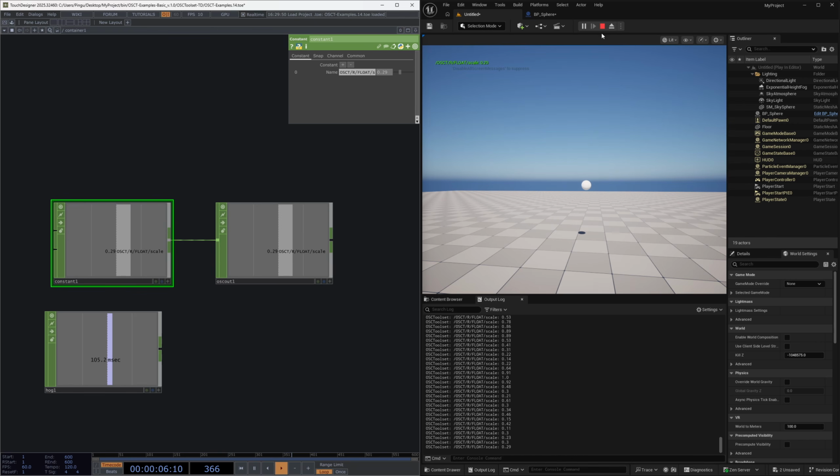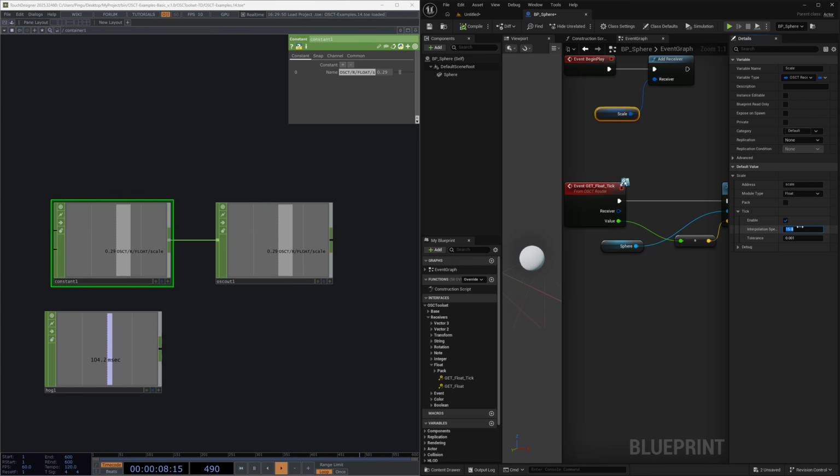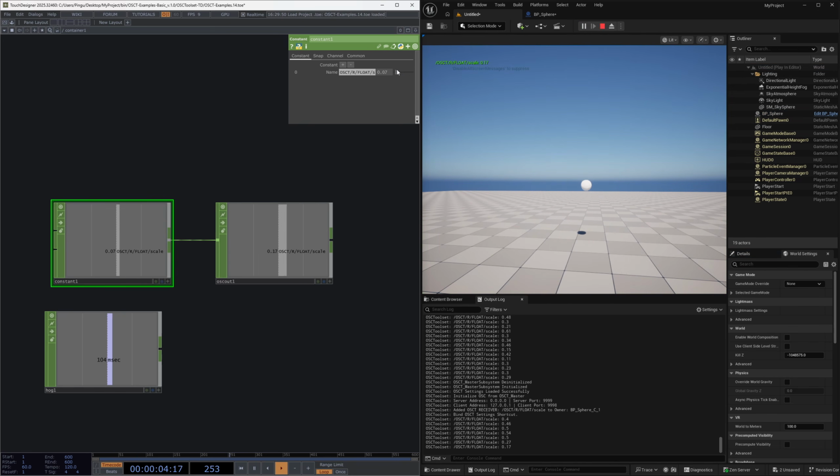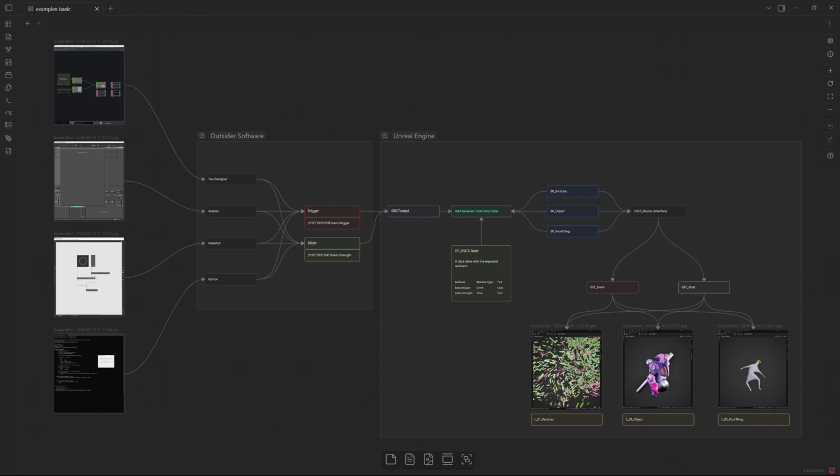By setting such a fast interpolation speed, you can actually see the jumps. But if you just give it a normal value, you will see that it actually separates the concerns. Super useful. With the open source release of OSCToolset, I've created a set of basic examples that hopefully will help